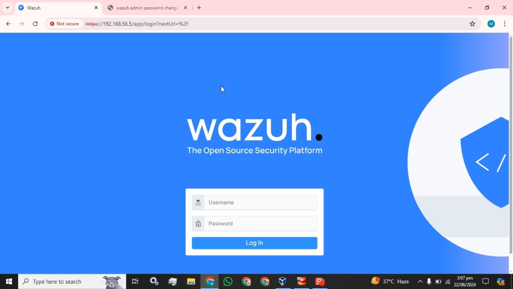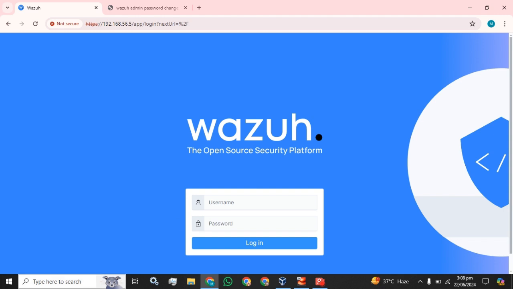Today I am going to guide you how you can change your default password for the admin user, which we always use to access first time or any time using our admin user and the password. By default, the admin user is admin and the password for the user is also admin.